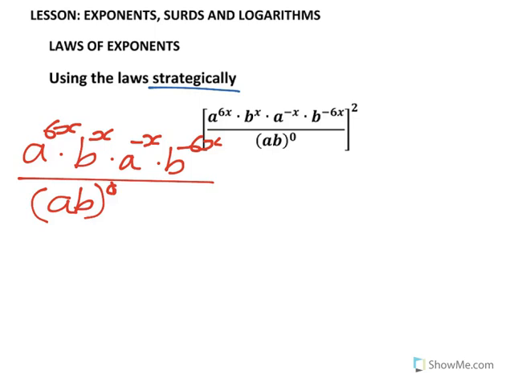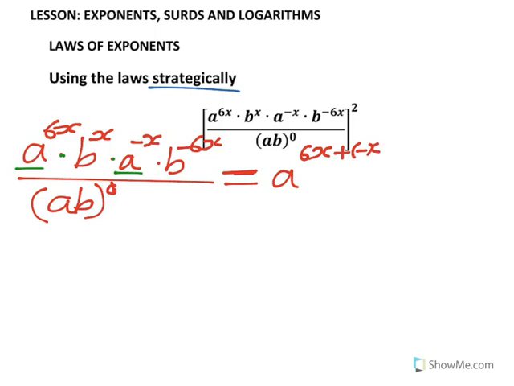Now, when you're given this kind of problem, the most important thing is to carefully study it and see which laws apply. For now, if I look at this, it's the same base, the same base. They are all dot and dot, which means they are multiplying, so I can use the first law: where they multiply, they add. So I'll have a to the power 6x plus minus x,